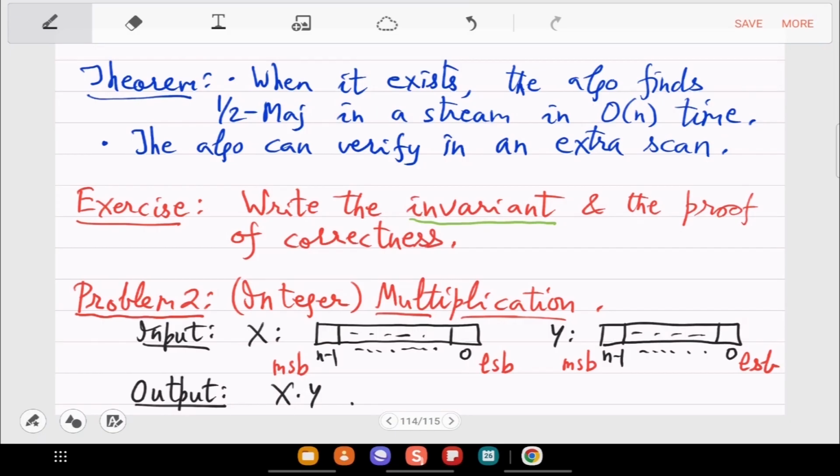So what will be the idea 0 here? What is the school pseudocode? Convert it into decimal and then multiply and then convert to binary. But what is the complexity of that? How do you learn to multiply in school? Digit by digit you multiply, so it's an n scan process, right? So n scans means that it's n square time. So we will see something much faster than n square next time. Have you seen an algorithm better than n square multiplication? Yeah, so we'll see that next time. It's also used in hardware. Okay, thanks.